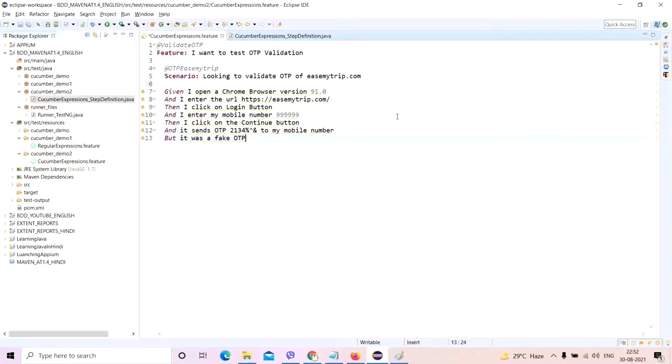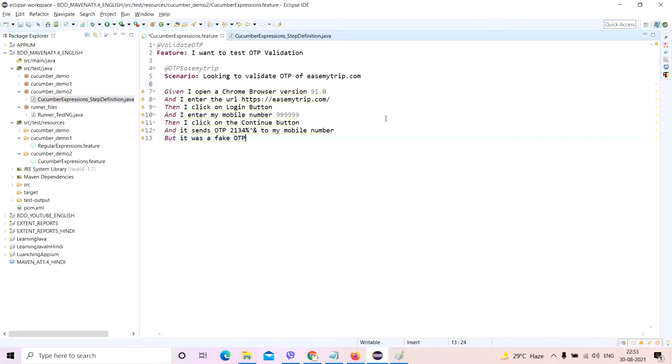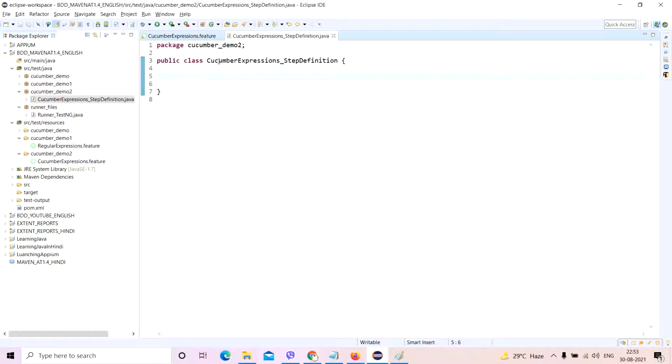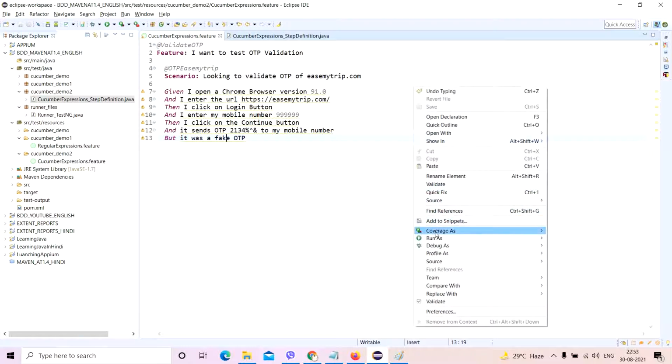What you need to do is just right click on this feature file, which does not have a matching glue code yet, because I have not created this step definition file, because I find it very boring to give @given and then import all the packages. There is another simple way. You right click on this feature file, and you just run as a Cucumber feature.